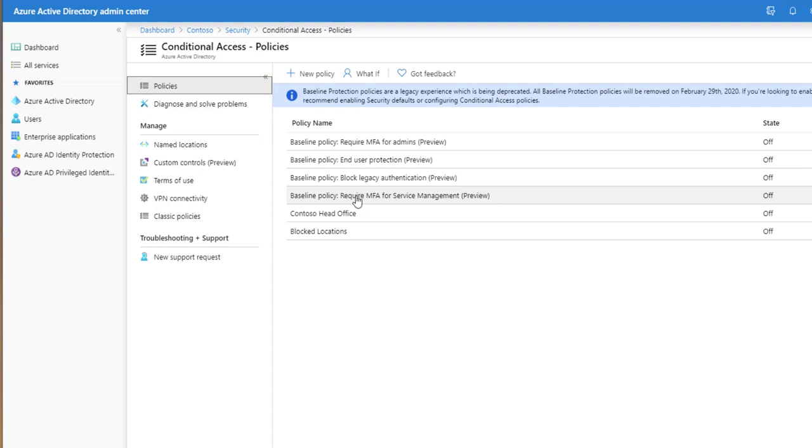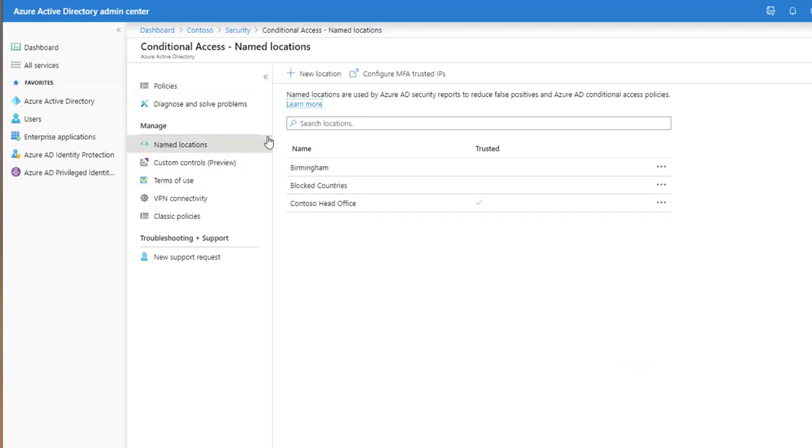The first thing I want to demonstrate for you is named locations. Now note this is not called trusted locations. So if I click on named locations, you can see I have three here. I have Contoso head office, I have blocked countries, and I have Birmingham. Notice I can also configure multi-factor authentication trusted IPs. And when you use conditional access policies, you can use those IP addresses, known as trusted IP addresses, direct from